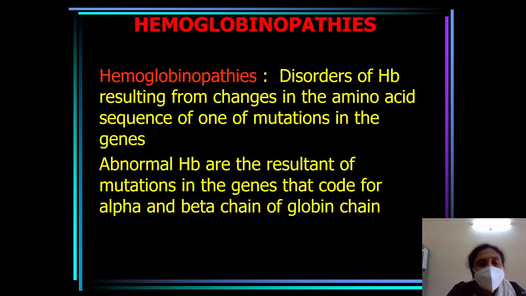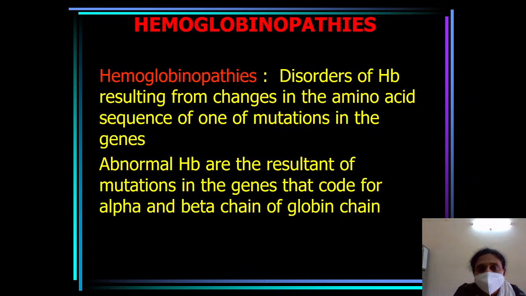Hemoglobinopathies are a group of disorders which are due to mutations in the genes which are responsible for synthesis of the globin chains of hemoglobin, that is alpha and beta. Because of these mutations of the genes, what happens? There is a change in the amino acid sequence, and that would result in the synthesis of abnormal